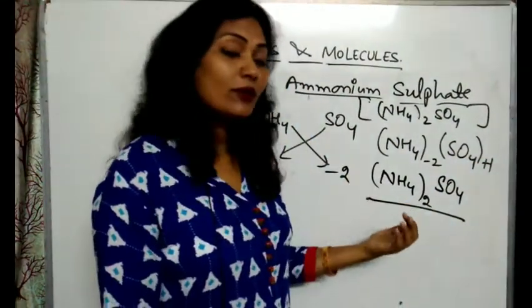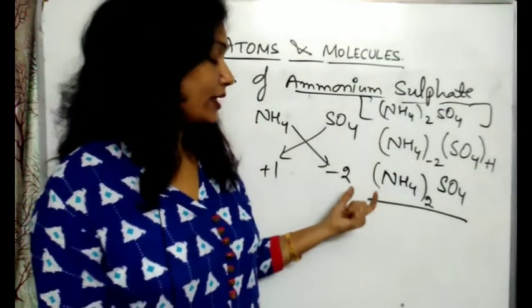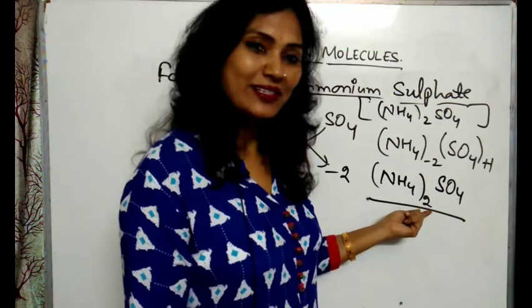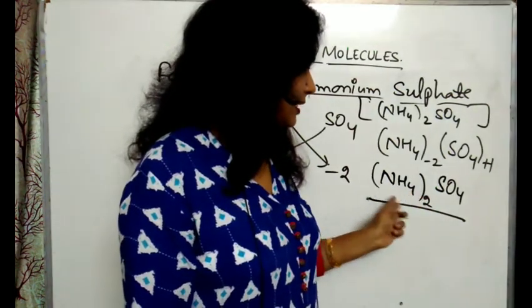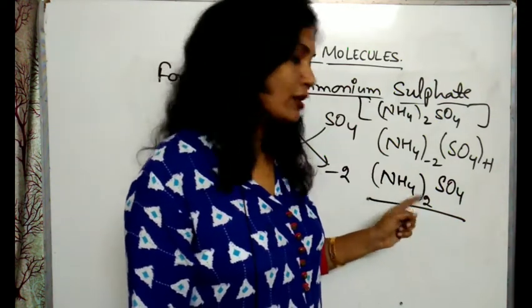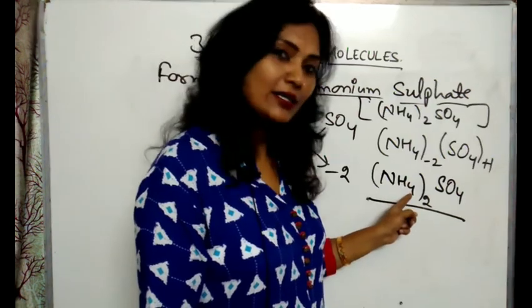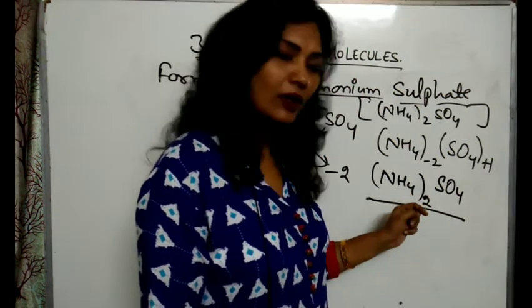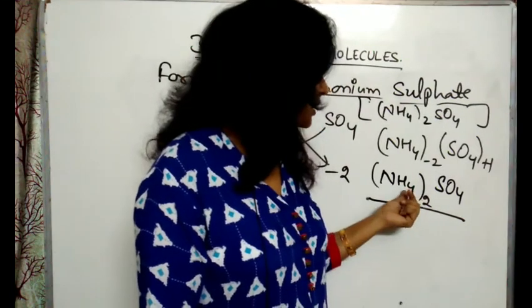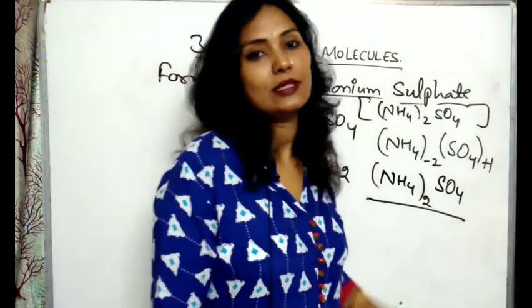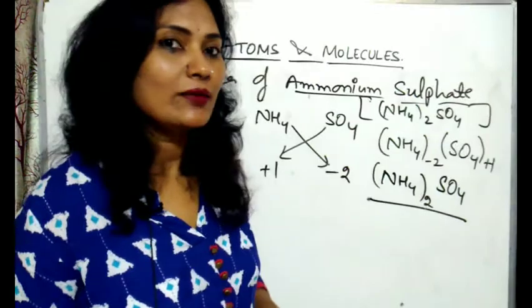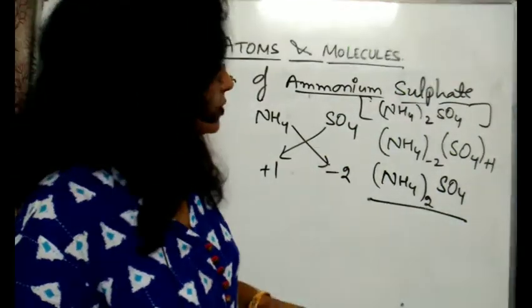Okay, if somebody asks what is the number of atoms of nitrogen here, it's 2, because whole twice is there. This 2 is for all these. And if somebody is asking what is the number of hydrogen atoms here, so 4 into 2 is 8. 4 is here, and after the bracket there will be 2, so it will be multiplied. So 4 into 2 is 8 hydrogen atoms are present here. Okay, so like that you can find out the number of atoms in these compounds also.